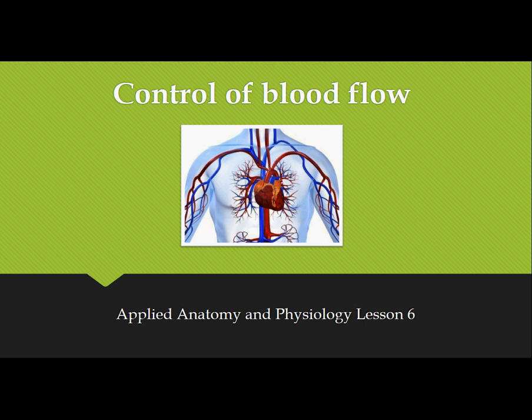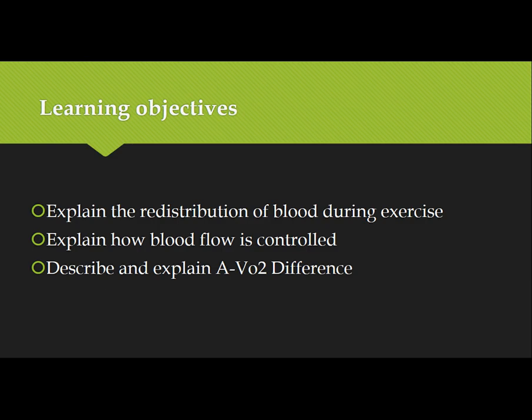Okay, this is Applied Anatomy and Physiology Lesson 6 on control of blood flow, and this will be our last lesson on the cardiovascular system. Hopefully by the end of the lesson you'll be able to explain how blood is redistributed during exercise, how this blood flow is controlled by the brain, and also you need to be able to describe and explain the AVO2